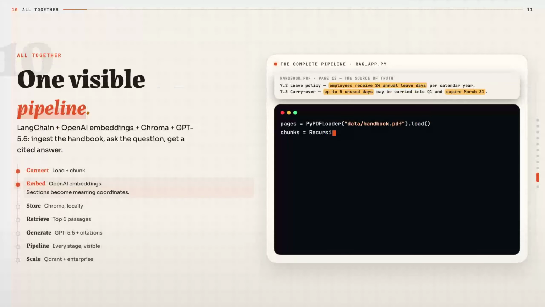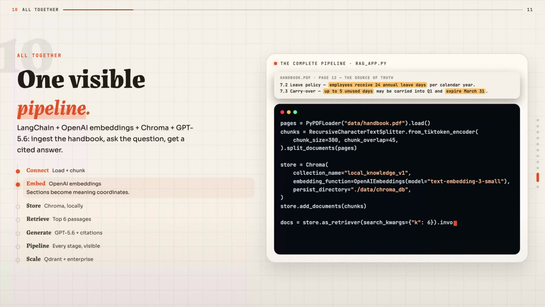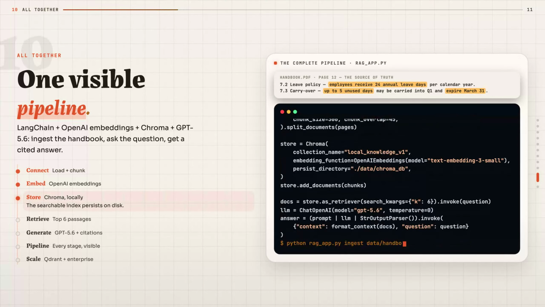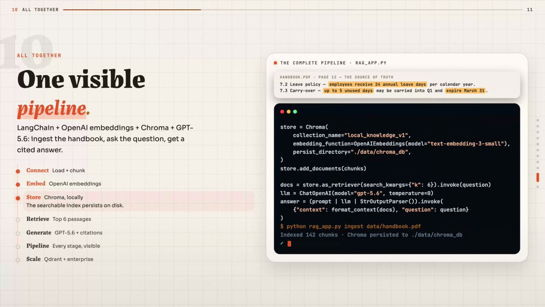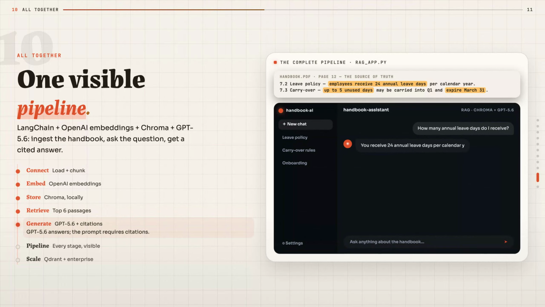Now let us connect all the pieces. LangChain loads the handbook and divides it into sections. OpenAI embeddings turn those sections into meaning coordinates. Chroma stores the searchable index locally. When the employee asks about annual leave, the system retrieves the 6 most relevant passages. A local model running on Llama writes the answer, and the prompt requires citations or an honest, "not enough information"